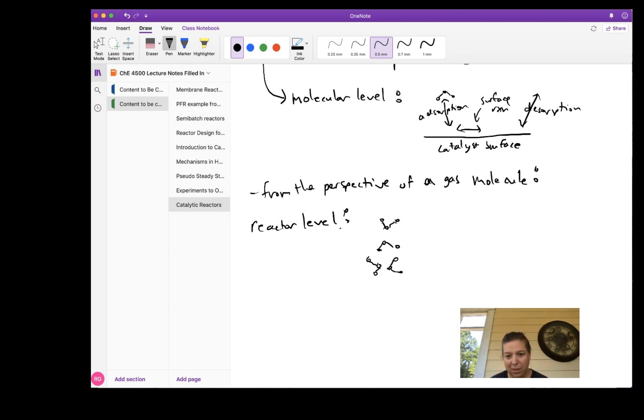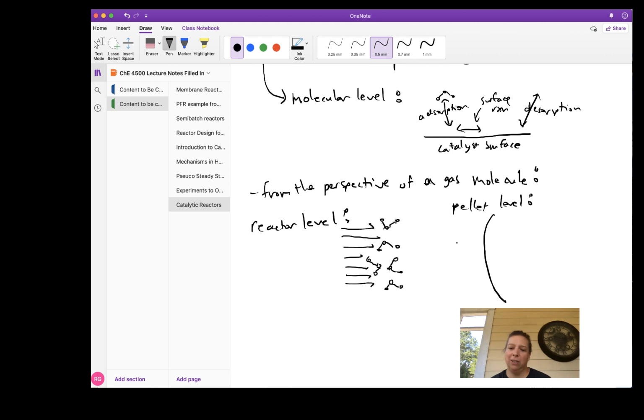And they're all traveling through the reactor through convection. They're being drawn through the reactor by the flow rate. So if I go down to my pellet level,